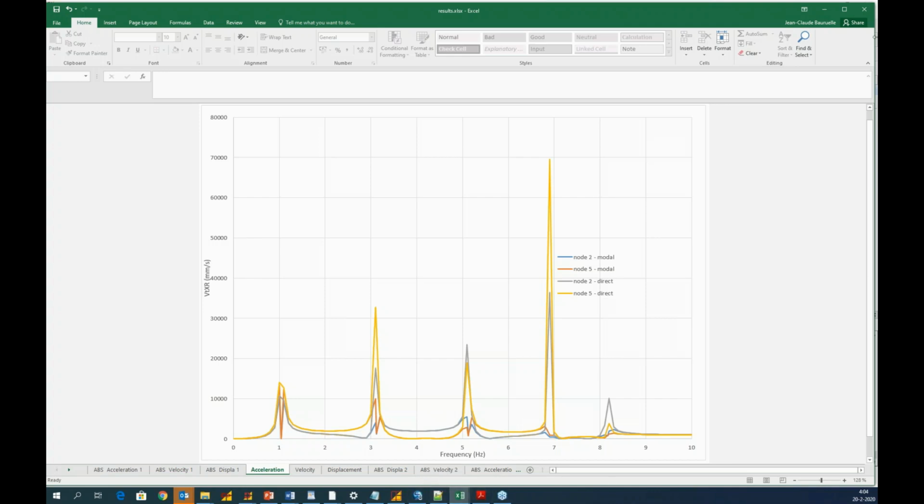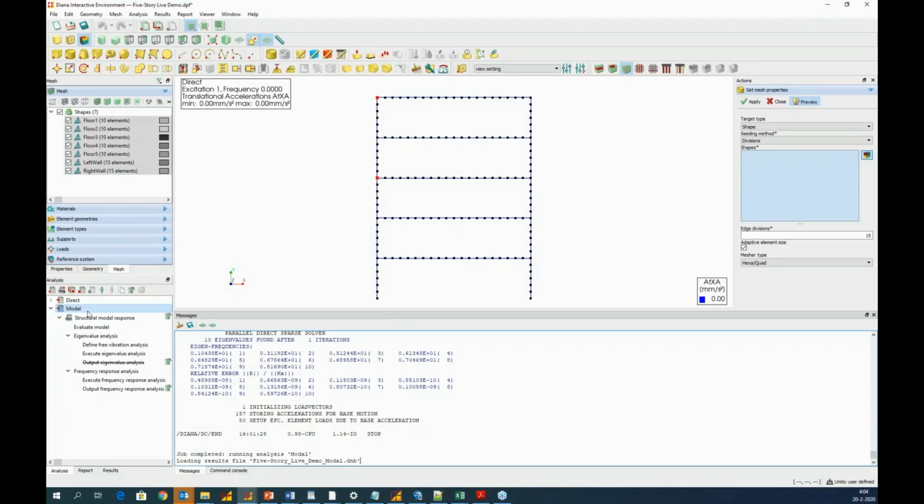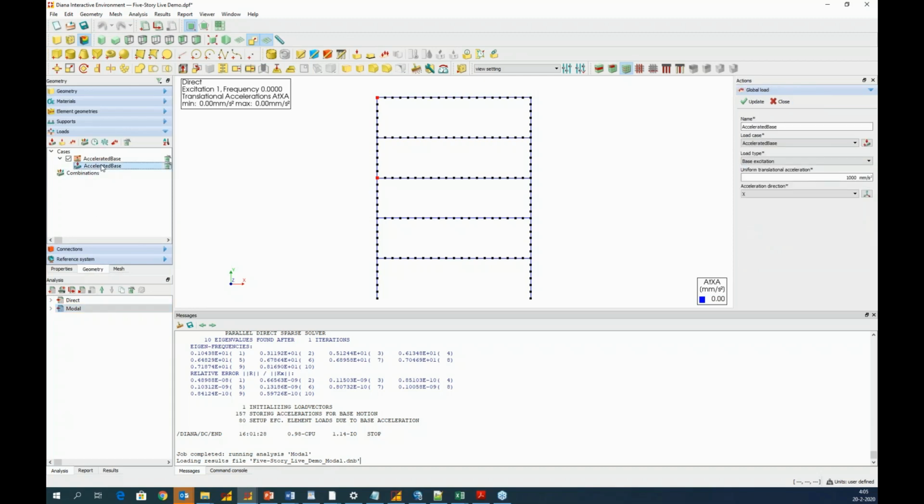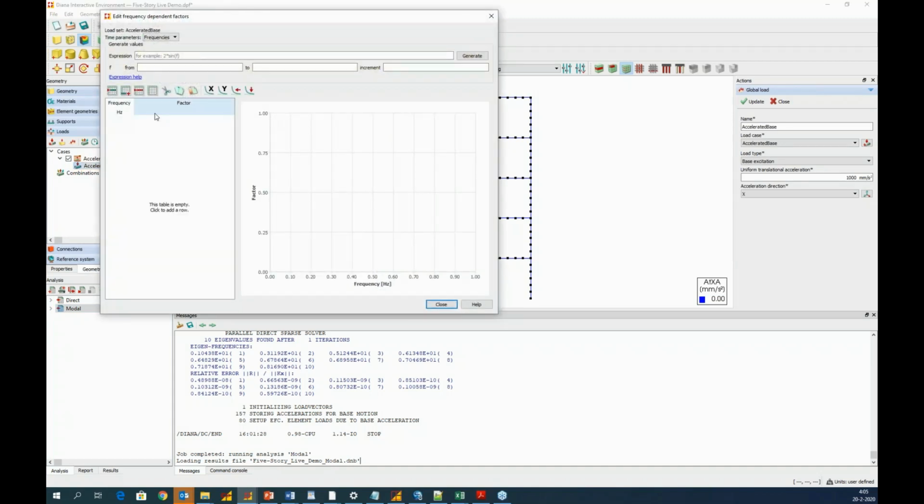Let's move now to our third analysis of the day. Before we do the structural response spectrum analysis, we need to adapt our model a little bit. I need to define a typical response spectrum and apply it to the model. So to do that, I go to the geometry, I select my load, which is my base acceleration, and I click on Edit Frequency Dependent Factor. And here I'm going to specify my